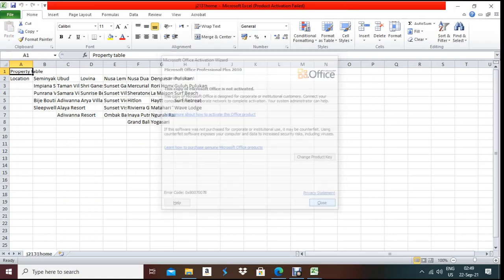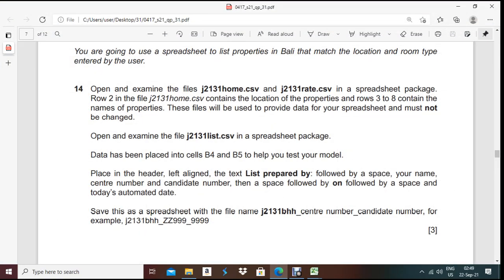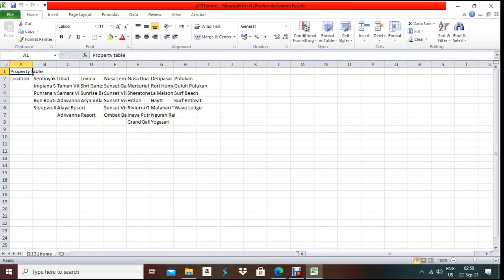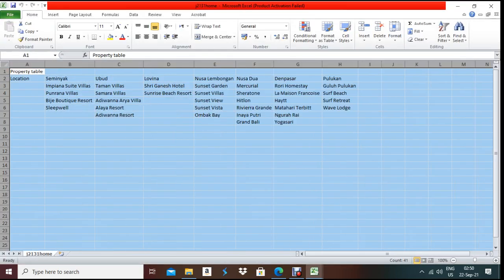After that, they are asking: row 2 in the file j2131 home.csv contains the location of the properties, and rows 3 and 4 contain the names of the properties. Now let me open home and make all the data visible.